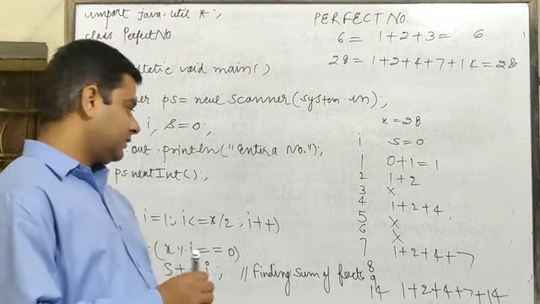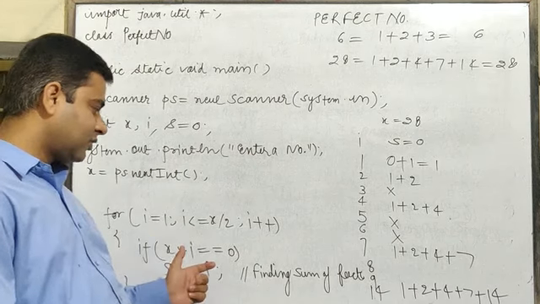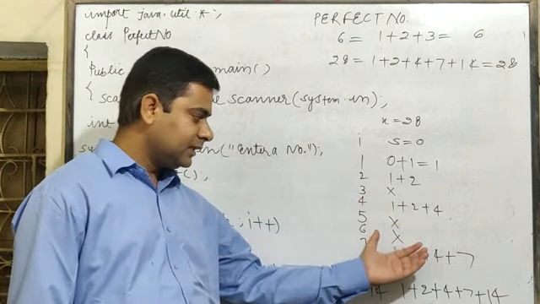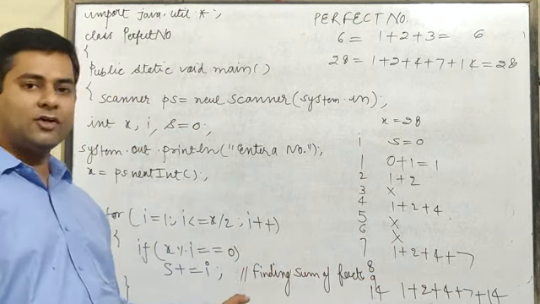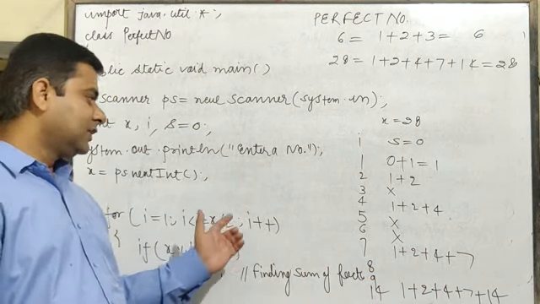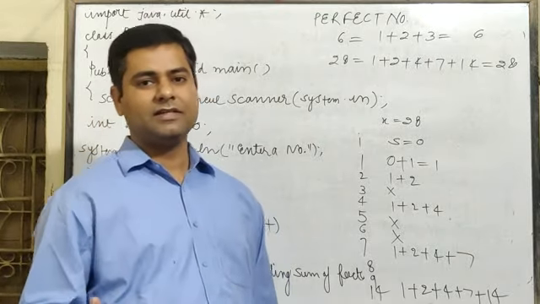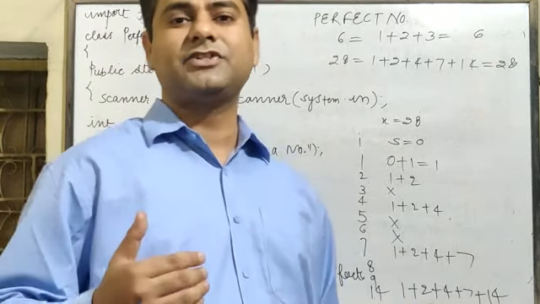So here I have run this program, I have run the concept of this program, showing how it will calculate the sum of factors. Basically, this is what takes place when you write such a program. When you write this loop, first of all the value of i will be 1, then number x will be checked by 1 itself.